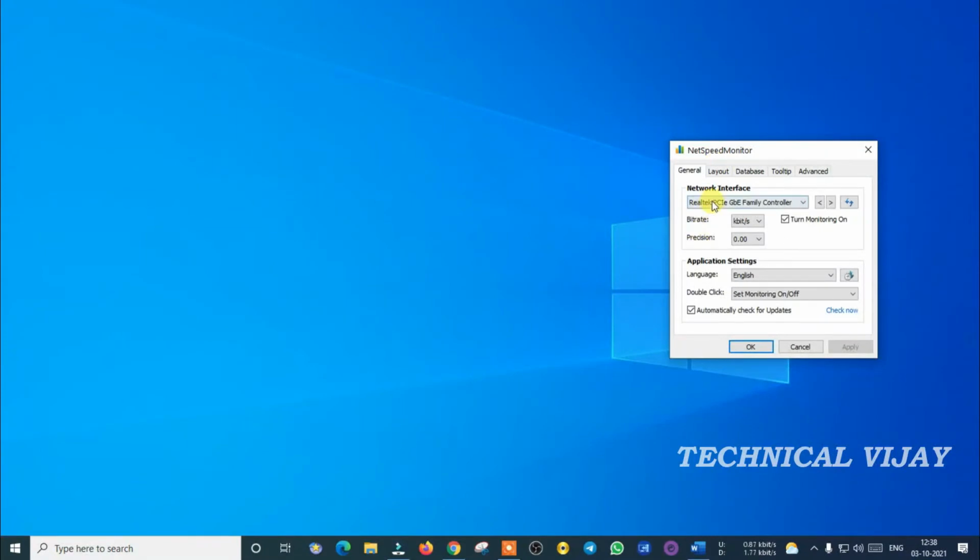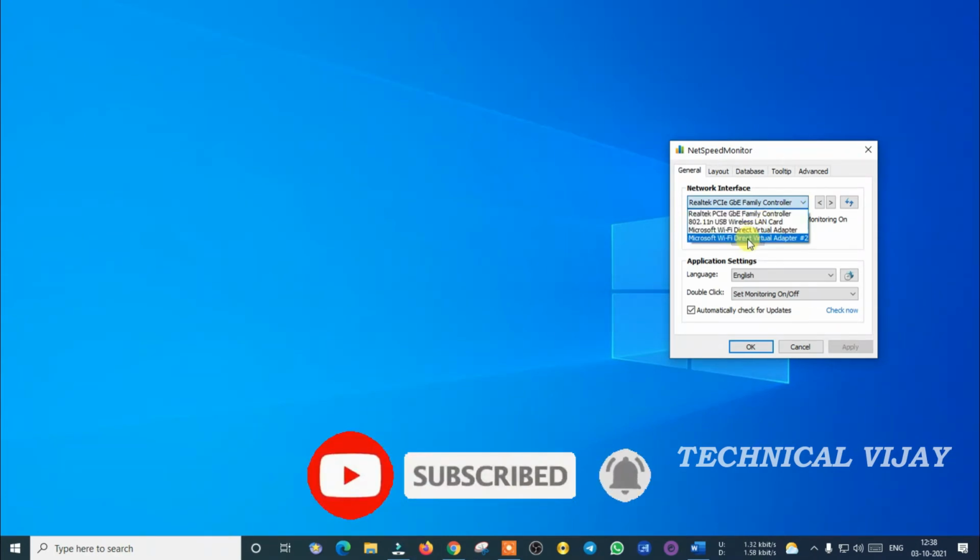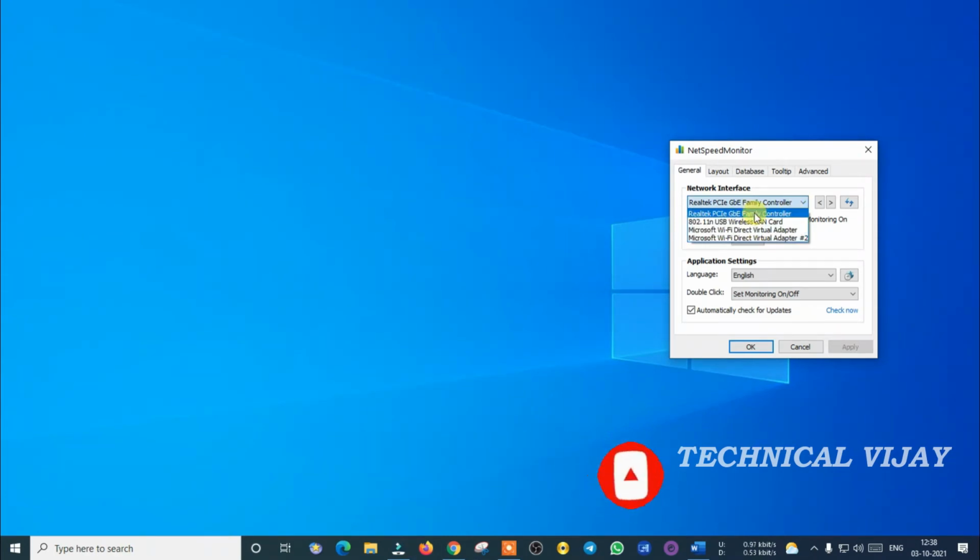Right click on the NetSpeed Monitor meter at the toolbar, then select configuration. Once the configuration window opens, click the network interface drop-down menu and select a different interface to see if the meter starts working or not. Here you may have different network adapters in your PC, but you have to select the adapter through which your internet is connecting, whether it is a Wi-Fi connection or a wired connection. If it does not work, try selecting another interface also. So make sure that the monitoring is enabled.